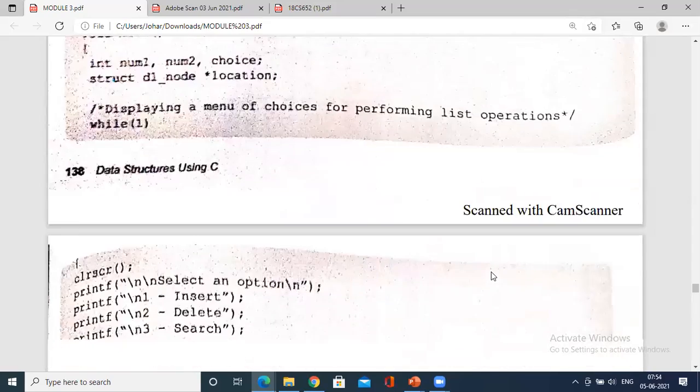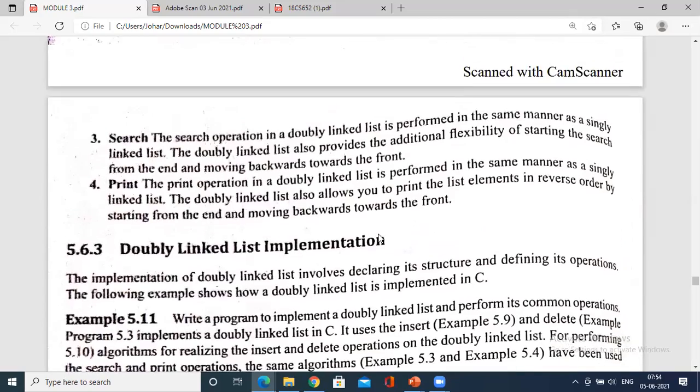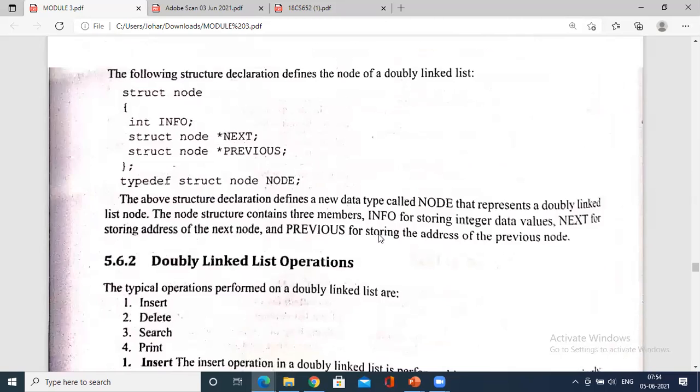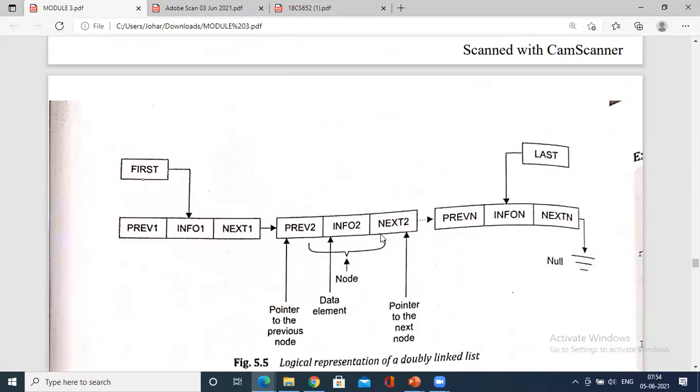Here we have a double linked list. Maybe he has not given the diagrammatic representation. Yes, he has given it over here. See, in the case of a double linked list, we have three compartments. Middle is the value. Right hand side is the address of the next node.